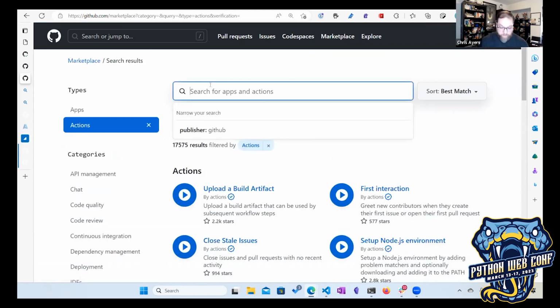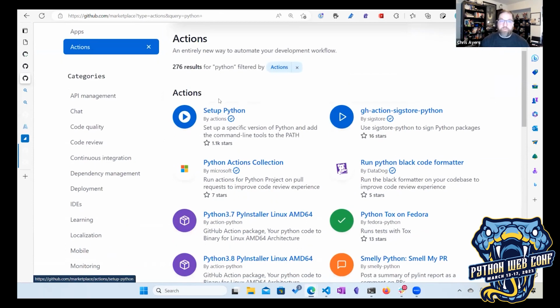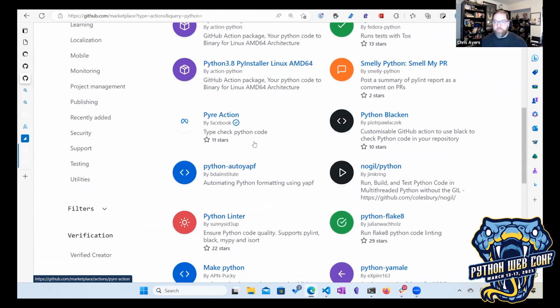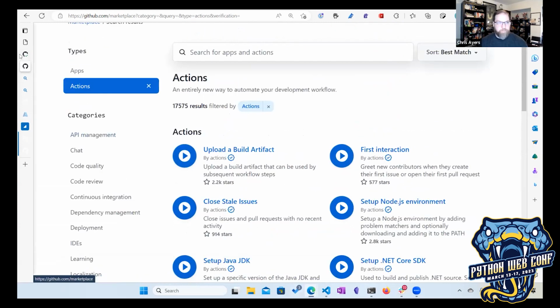So, we're at Python Web Conference. Why don't we look at Python? We have some setup-python actions specifically designed to pick which version you want to leverage. We've got a number of Python ones from the community. You can see that people have starred them, they're using them. There are different options that we can all leverage. So going back,